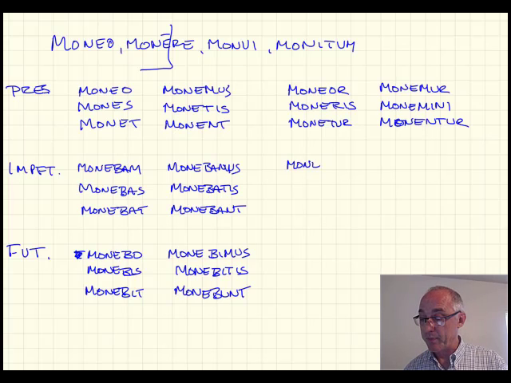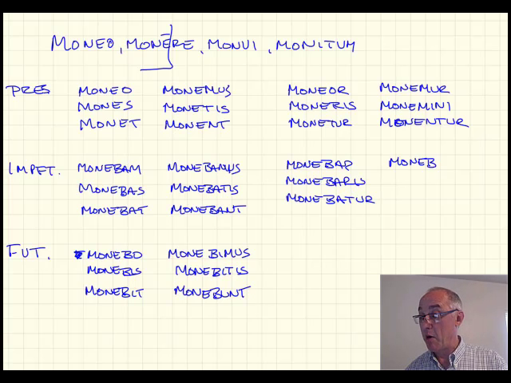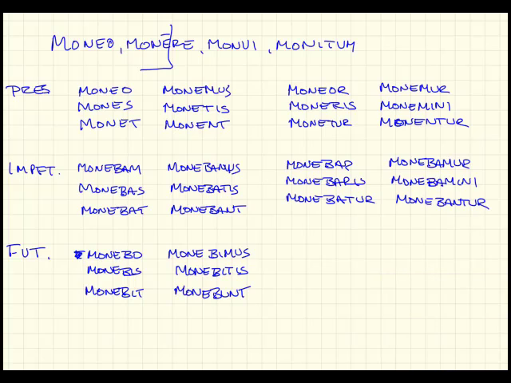The imperfect. Monebar, monebaris, monebatur, monebamur, monebamini, monebantur. And the future. Monebor,